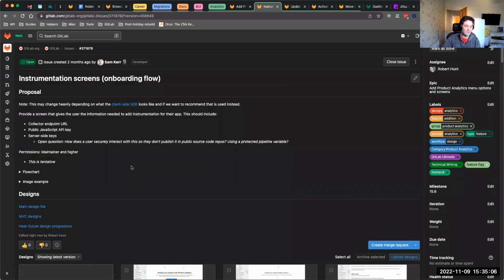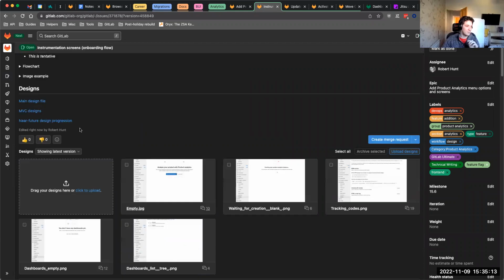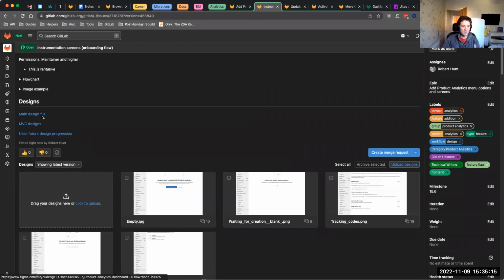We've split the Figma file. I figured out once I got full access how to actually make it look like everyone else's. So we split the file into the main sort of design, the actual file itself, then MVC designs, and then near future. So we've moved all the designs we had into something future, into the next step sort of area. Something that me and Jan can always continue to iterate on and work towards, and start slotting into future